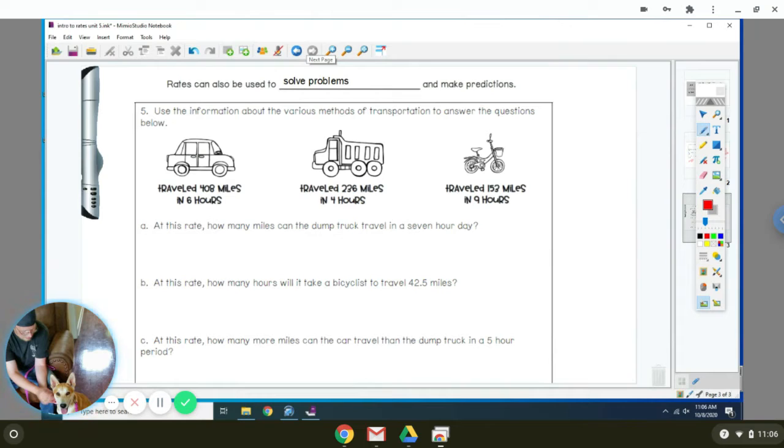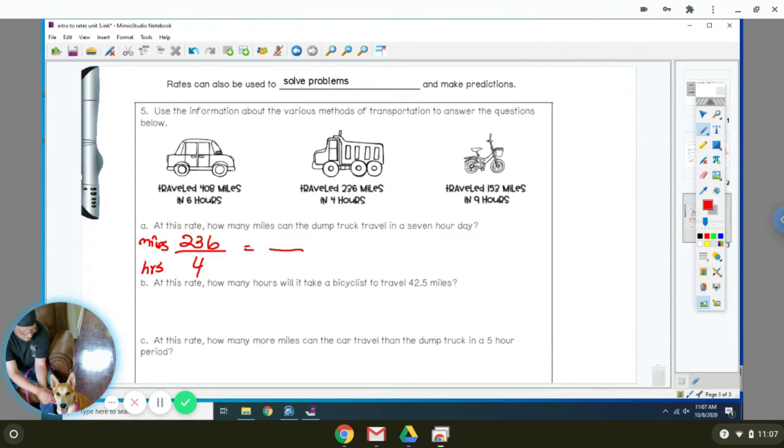So rates can also be used to solve problems and make predictions. So we're going to use this information about the transportation to answer A, B, and C. It says at this rate, how many miles can the dump truck travel in a 7-hour day? So the rate is 236 miles for every 4 hours. So miles is on top over hours. And we're going to actually set up a proportion like I've taught you in the past. You can find the unit rate and then multiply by 7 to find out how many miles he'll do in 7 hours. Or we can actually